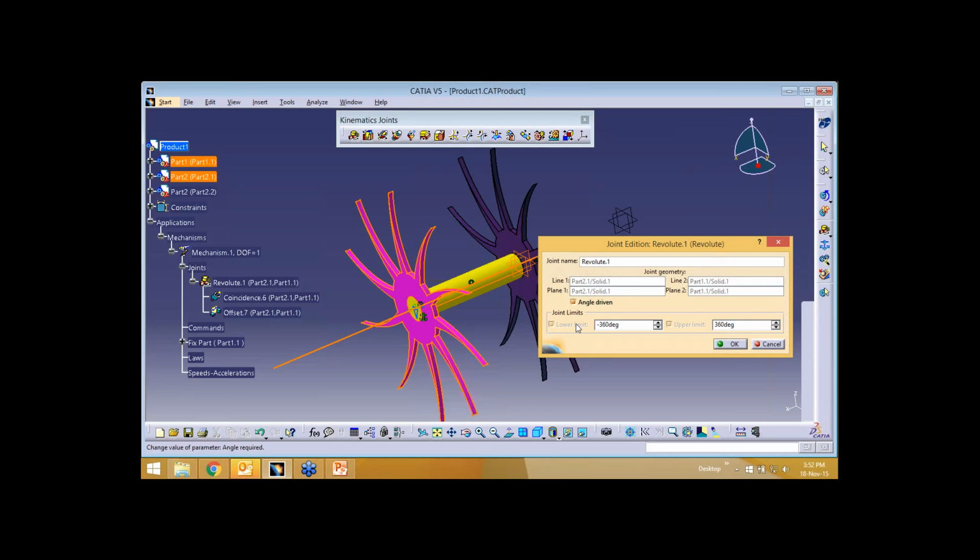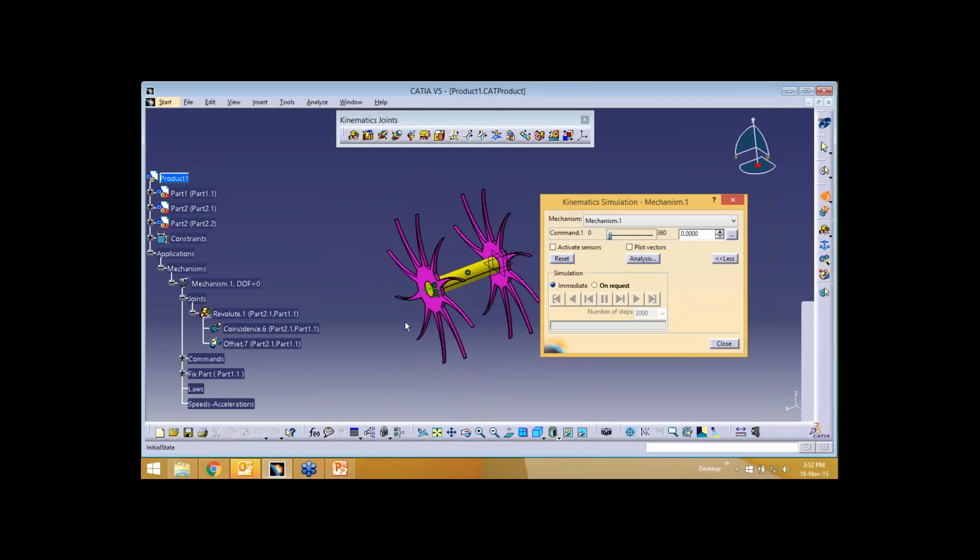So this is the actual use of a rigid joint. By using a rigid joint, you can combine two different parts, and you can give the motion or joint applied to part 1. This is about the joints.